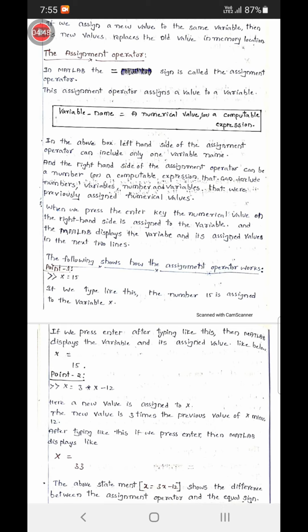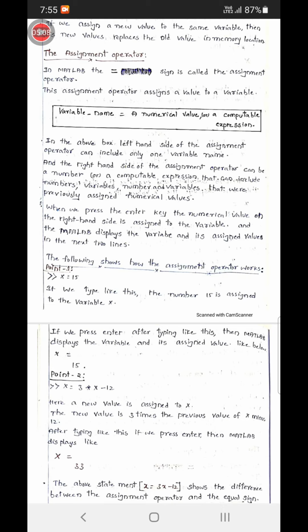Left of the assignment operator, we can include a variable name.